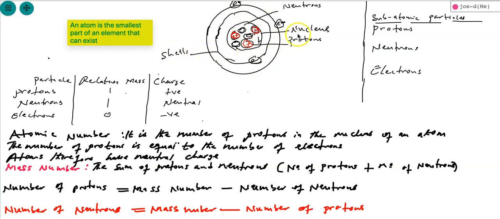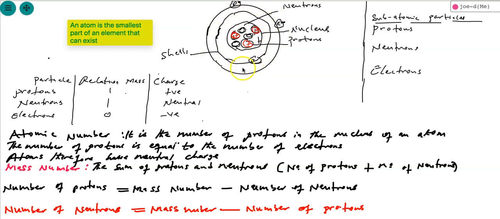Okay, so we have our shells, the nucleus forms the central portion, and within the nucleus we have our neutrons and our protons. We are supposed to also know that the bulk of the atom is concentrated in the nucleus. Most of the mass of the atom is in the nucleus. So that is the general structure of an atom: the central portion called the nucleus, which contains protons and neutrons, and surrounding the nucleus are the electrons, which orbit